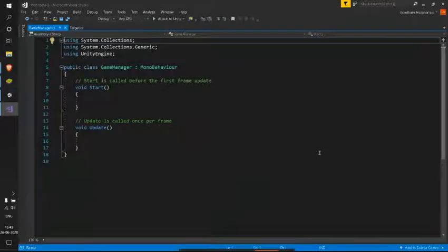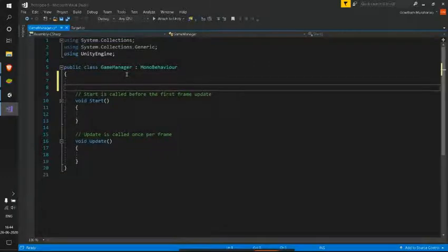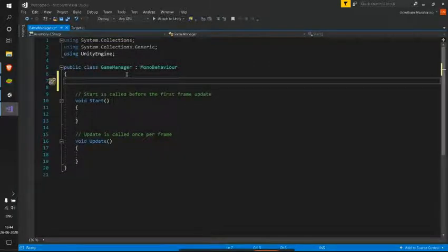Here, as of now, I want this game manager to be the behavior which will be generating my targets in my game in a specific time period. So in here, let me create a list of objects. Till now we have dealt with arrays, we have never dealt with lists. There is a slight difference between arrays and lists from the implementation point of view, but in the way we use them, it's almost the same.